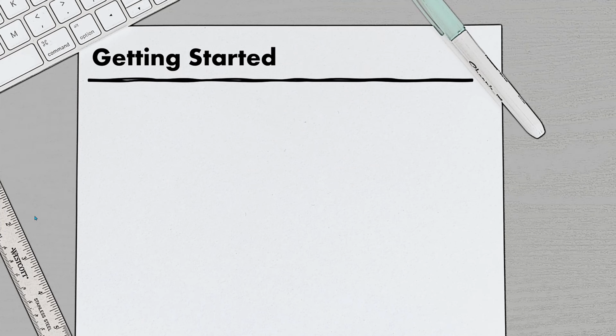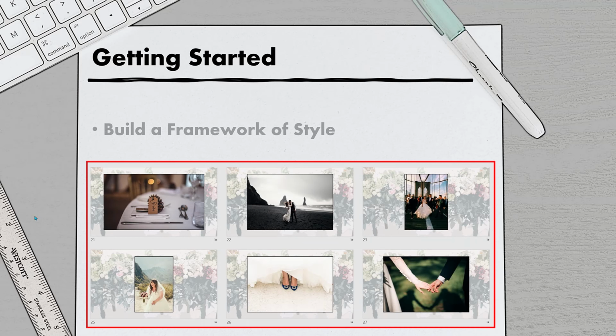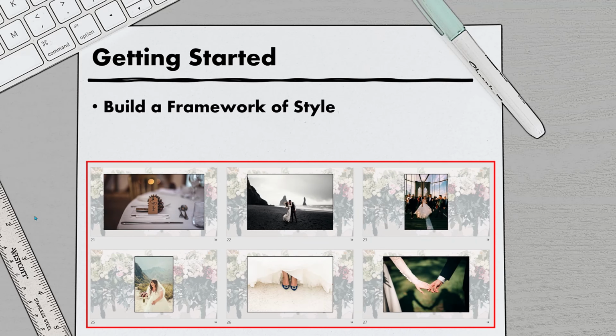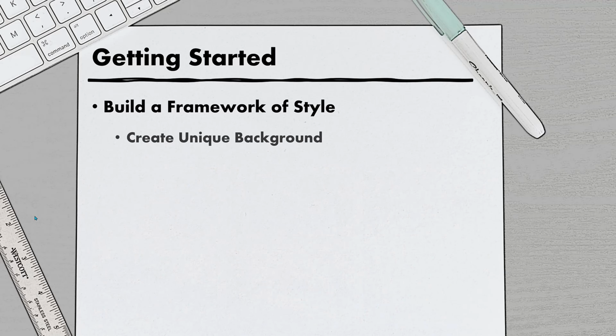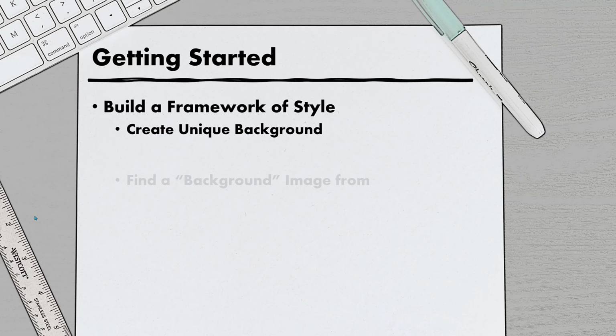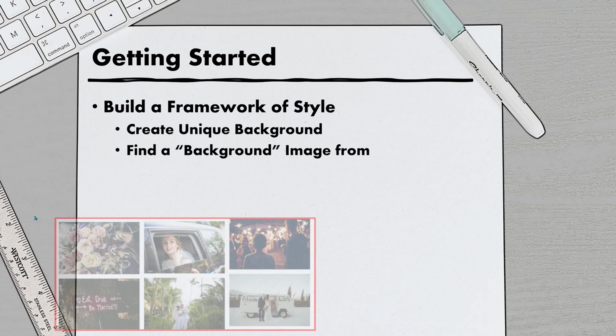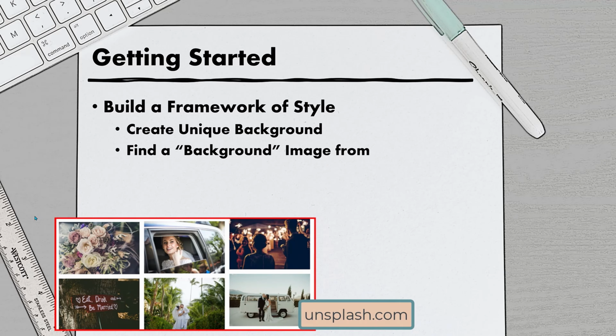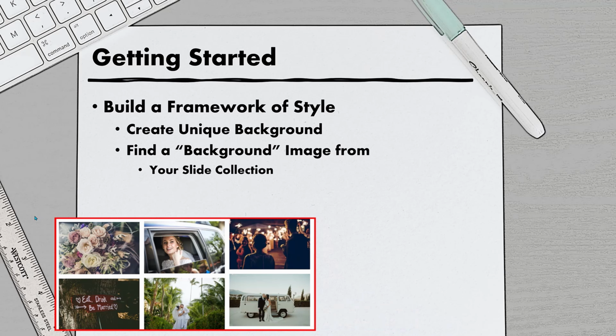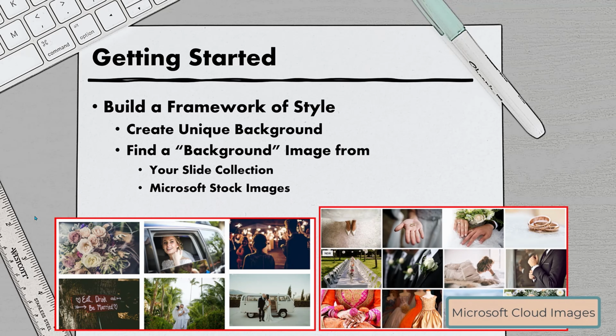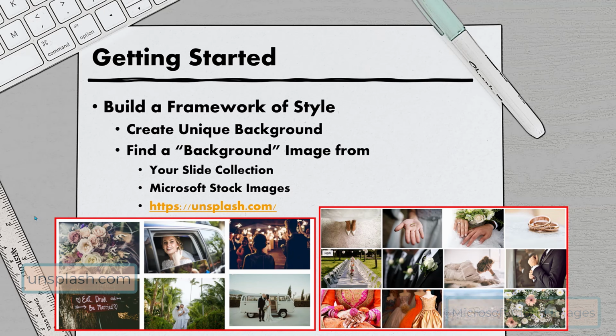This is an advanced photo album creation tutorial, and our secret magic sauce is to build a unique stage for your photos. Creating a stylistic background will set the mood and make your slideshow truly special. To do this, we need to find just the right type of image and then enhance it to transform it into our stage. Inspiration for your image can come from a variety of sources, including your own photos or Microsoft's, or even one of my special free websites of unsplash.com.